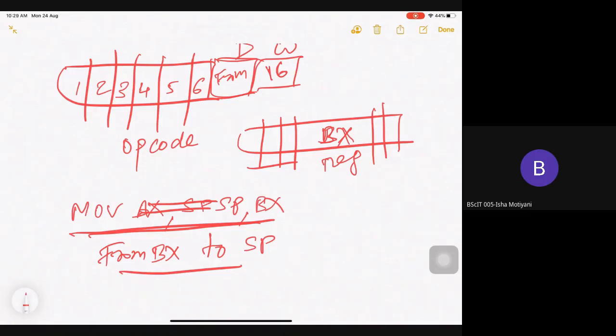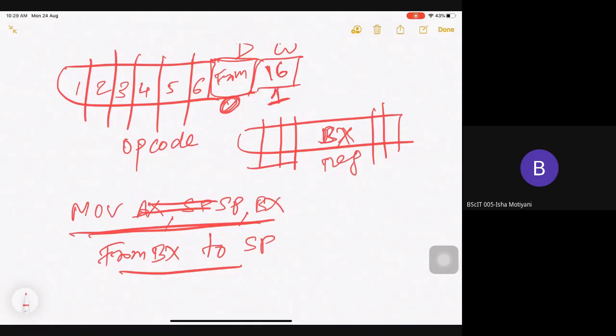For from, what is the code? From BX to SP. What will be my D bit? 0. For 16-bit, I have 1; for 8-bit, 0. So this will be my code, right?